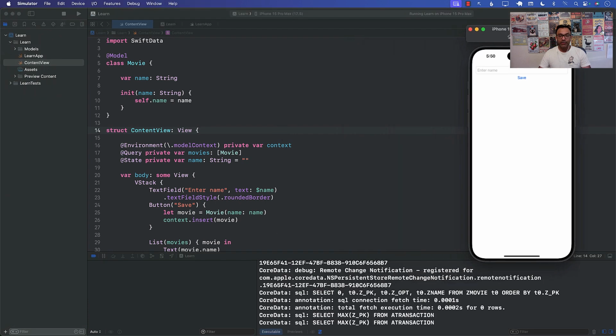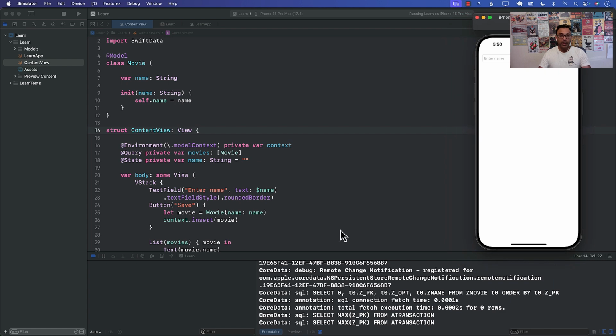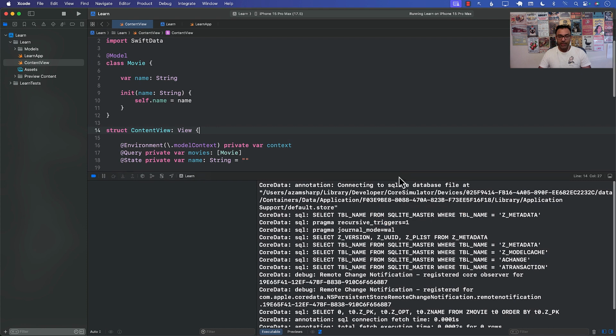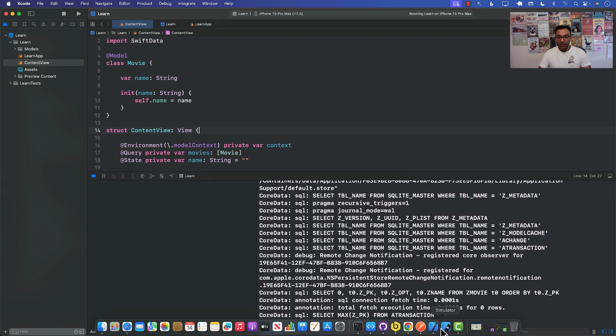Now, when you run the application, you see a lot more data being outputted in the terminal. And we can see a lot of different things. We can see the exact path of our database being stored in the file called default.store. You can see some SQL queries also. They are going to tables that are not really our tables, so it's going to different tables that are there by default. But let's go ahead and do something that will allow us to see what we are